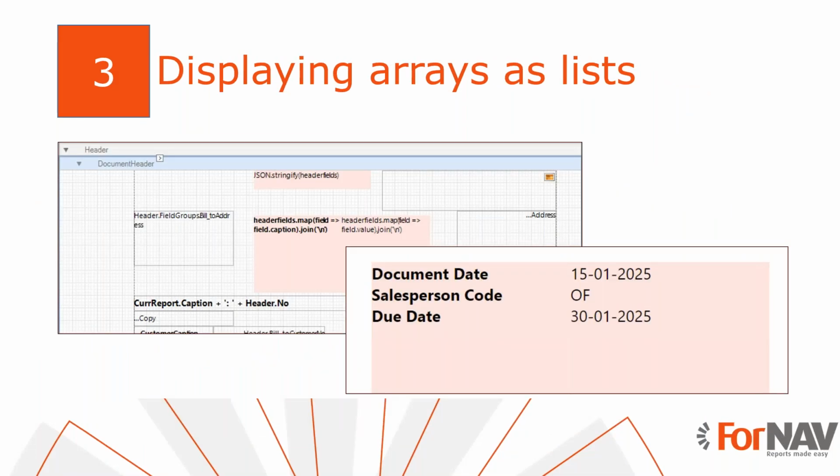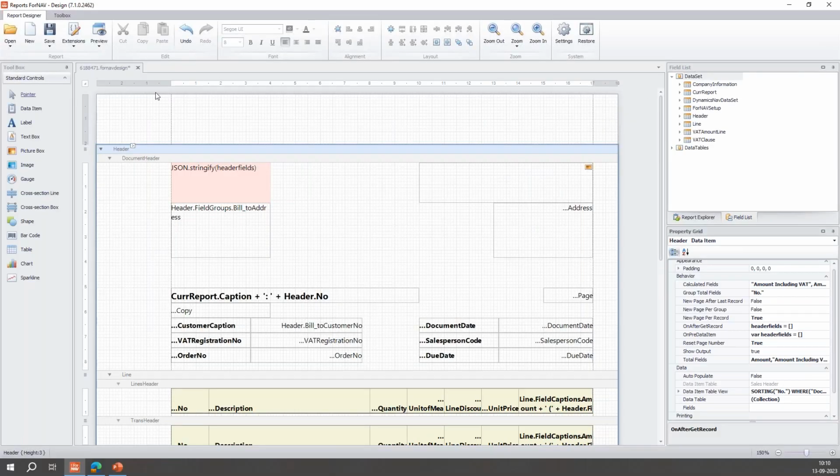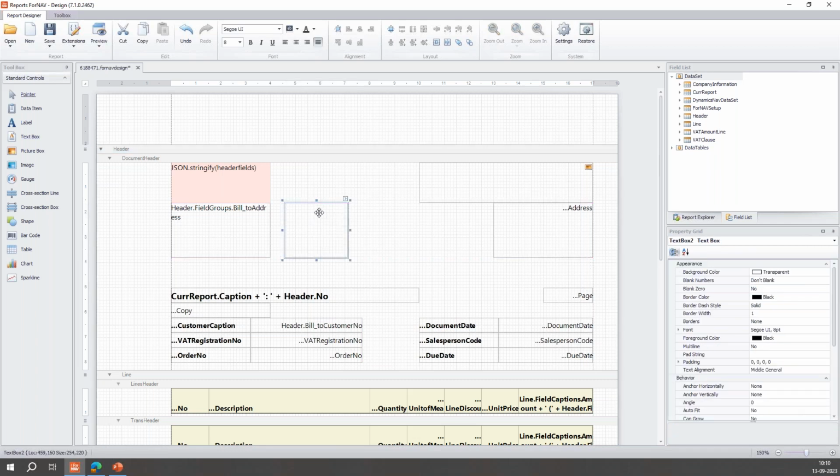Now, stringify was a lovely way to quickly check the array for completeness or for checking the formatting, as we've seen, but it's not really a nice looking output for our documents. So let's try to make something that looks somewhat more presentable. Now for this, I will use the map and the join functions. So in the designer, first, I will make a text box, as we do. Make it tall. I will align it to the top left. I will make it Misty Rose. And then here in the source expression,